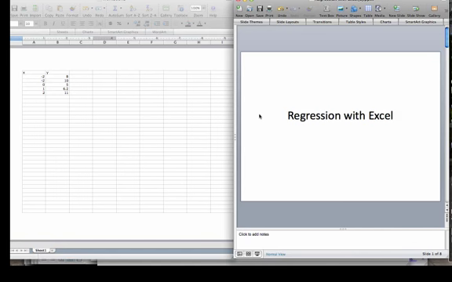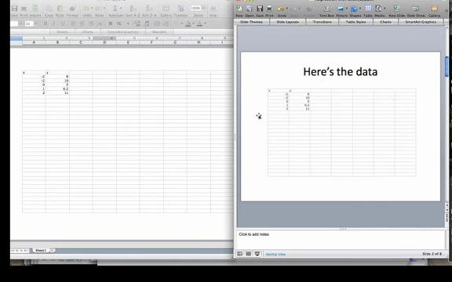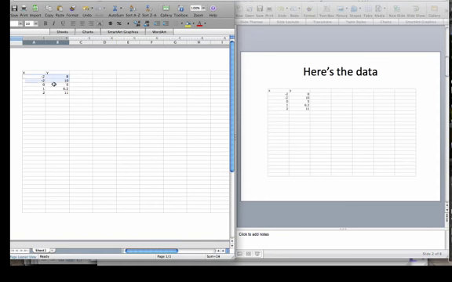All right, let's think about regression with Excel and do an example of how we want to do that. The problem that I'm using is the problem from the Old Faithful data, the problem at the end of the PowerPoint. Here's the data. You see it on the left, and the first thing we want to do is to make a graph of that data and see what it looks like so that we can determine which formula we need to use